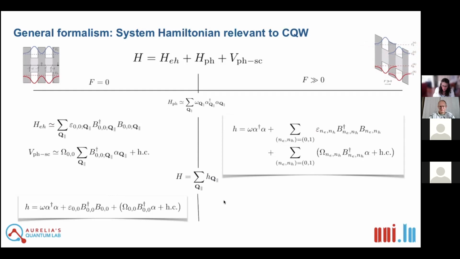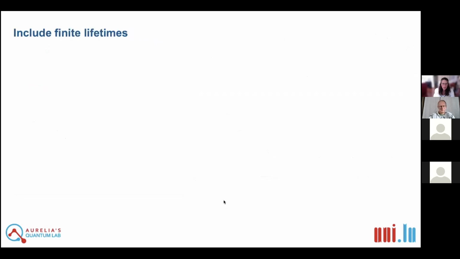So now I will show how we dealt with the spectra of this Hamiltonian, and what we wanted to do is to include the lifetimes of the carriers. So first we wanted to include the lifetime of the electron and hole. So this was done phenomenologically, in the sense that we transform all the energy of the electron and hole into complex energy,